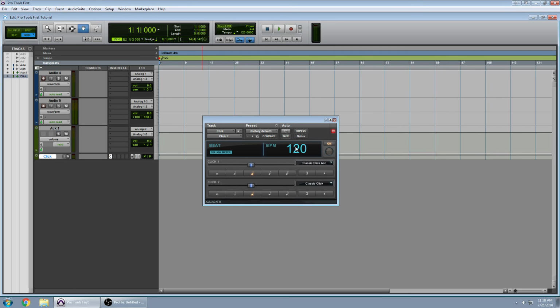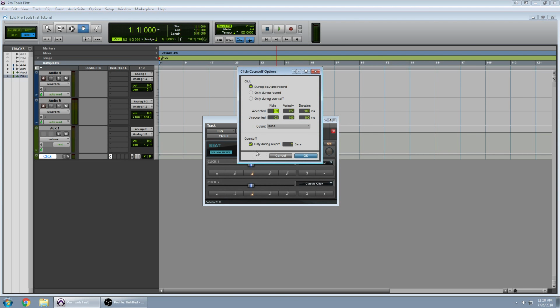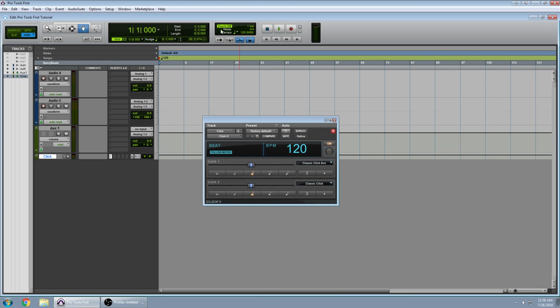So there are lots of parameters you can use. When you create a click track, you'll want to make sure you have your count off set up right. So you want to enable the count off and choose however many bars that you use when recording. So I'm going to use one count off bar, and my tempo is 120, so you'll be able to hear it now. Or this is only when you record, but